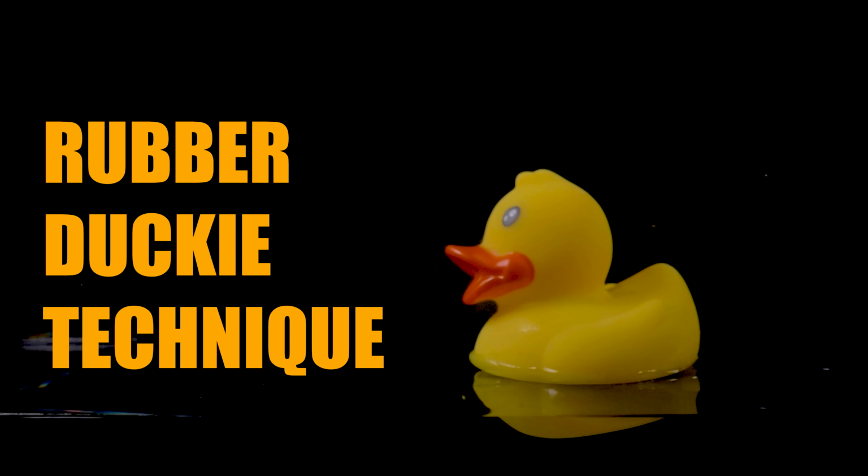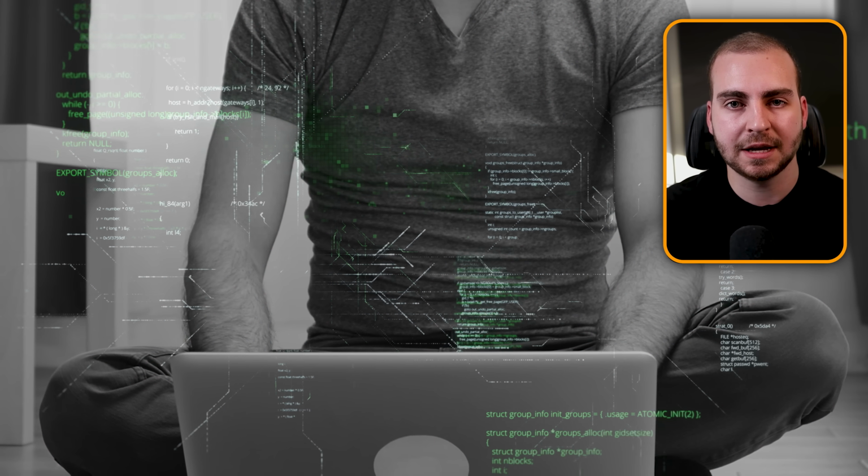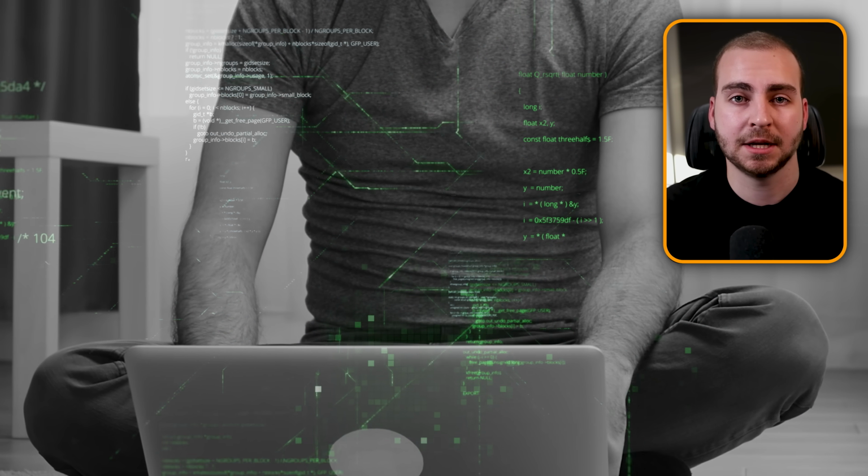Now, beyond that, once you figure out where relatively the problem is, you can use something known as the rubber ducky technique. Now, this isn't something I personally use all the time, but I know it's very helpful, especially to beginner programmers. What you want to do is go through line by line in a smallish area, right? It's like a function or a class body or where you know the bug exists, and you want to imagine that you're explaining line by line what's happening to a rubber ducky.